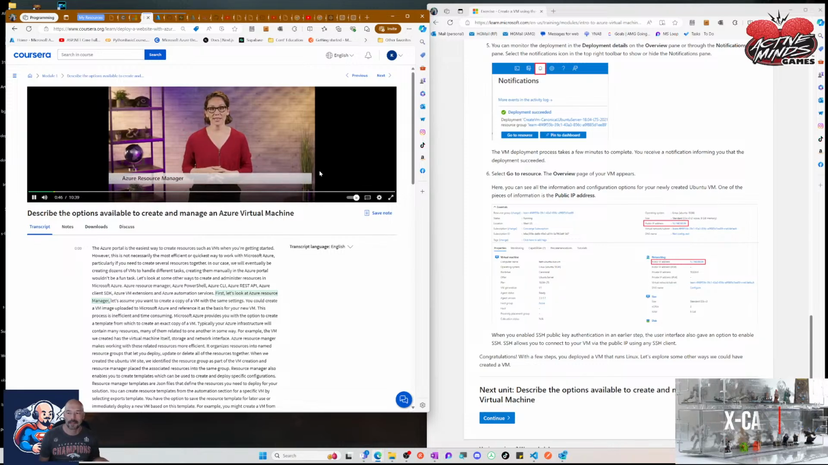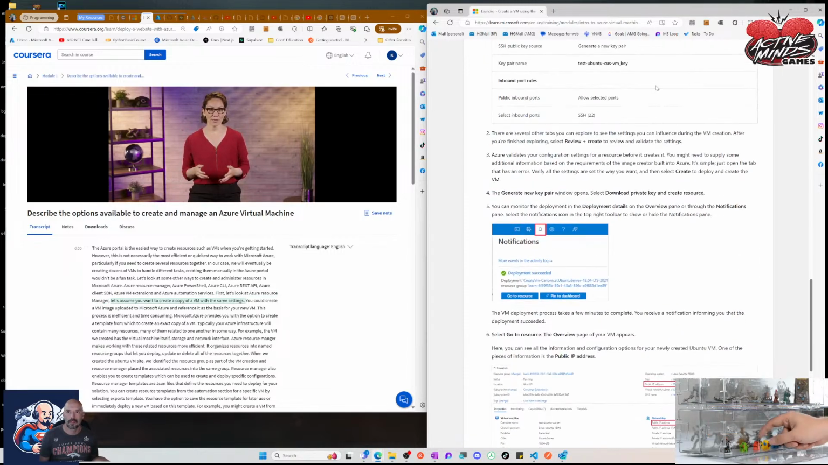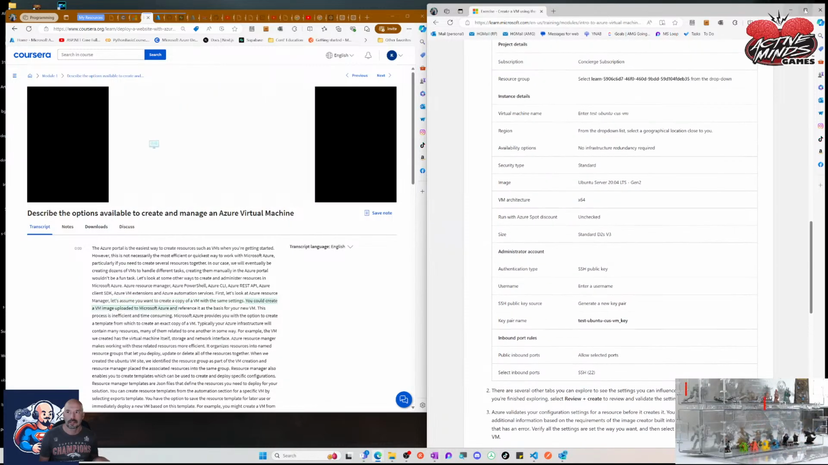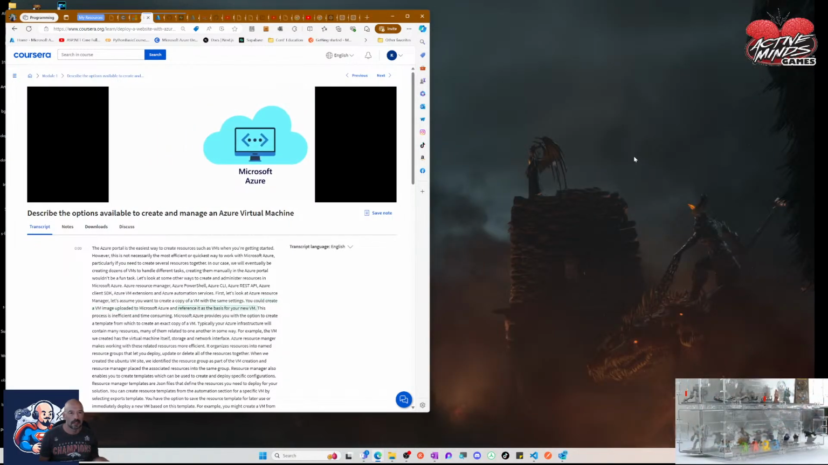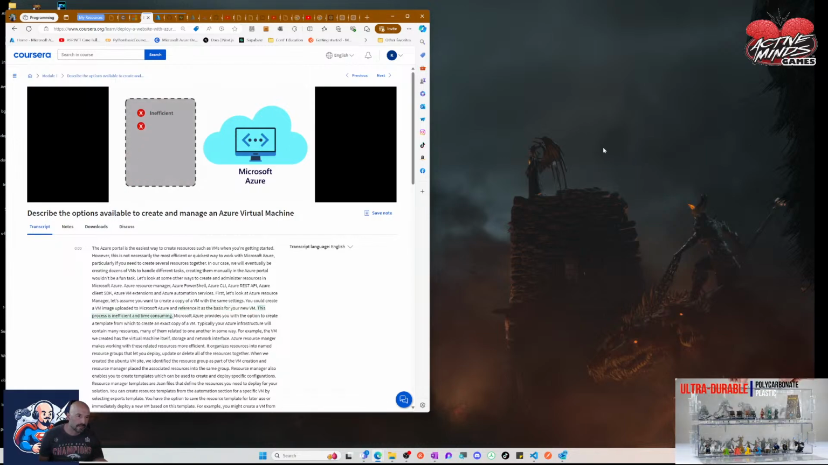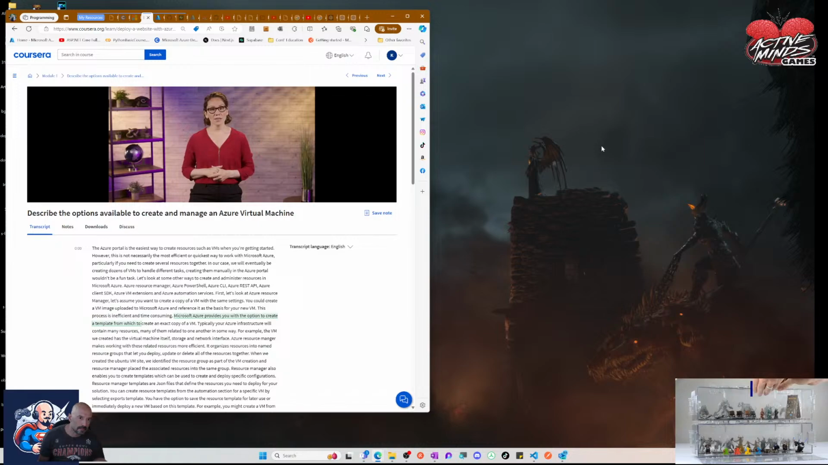First, let's look at Azure Resource Manager. Let's assume you want to create a copy of a VM with the same settings. You could create a VM image, upload it to Microsoft Azure, and reference it as the basis for your new VM. This process is inefficient and time-consuming. Microsoft Azure provides you with the option to create a template from which to create an exact copy of a